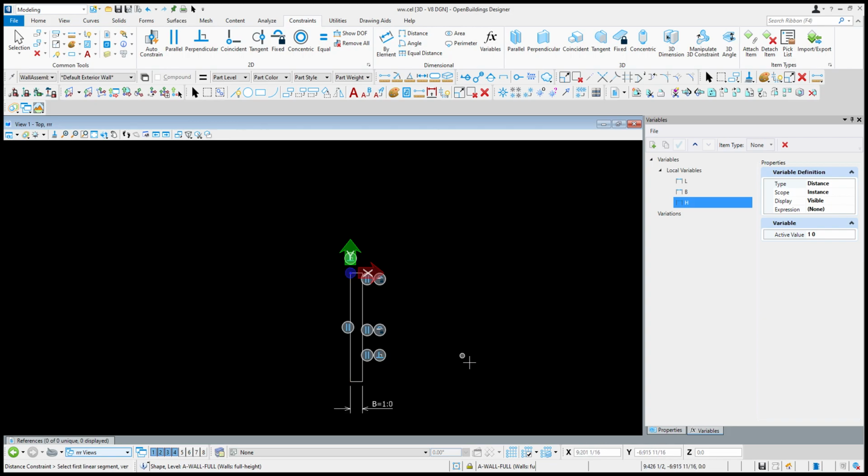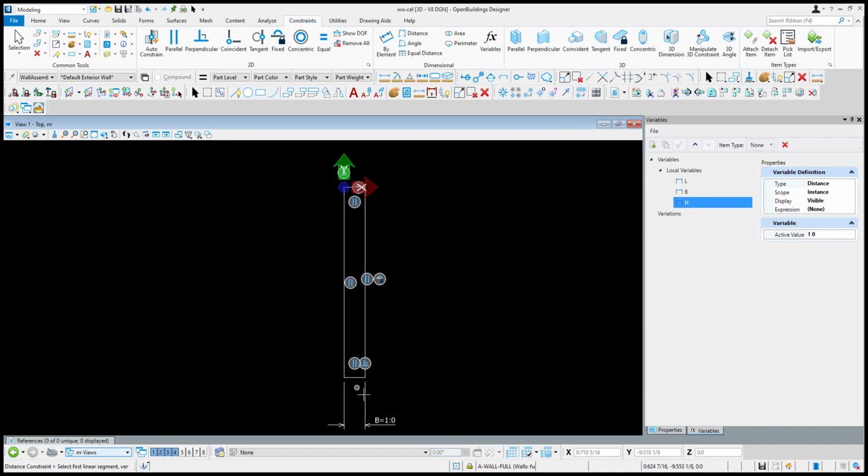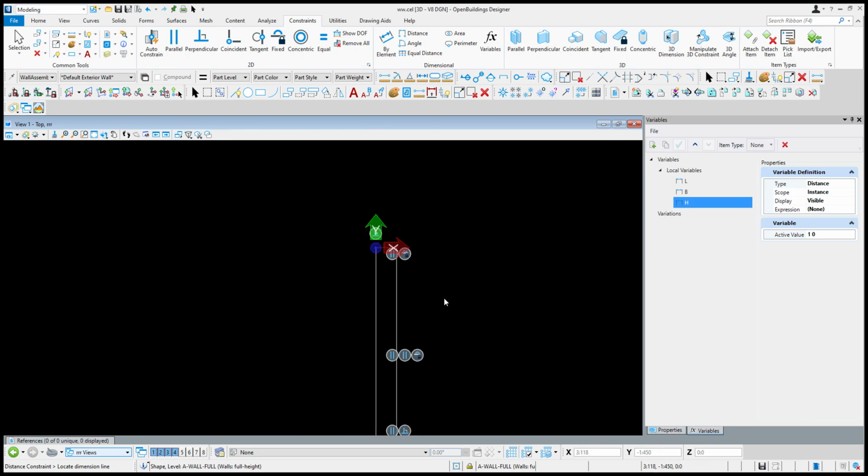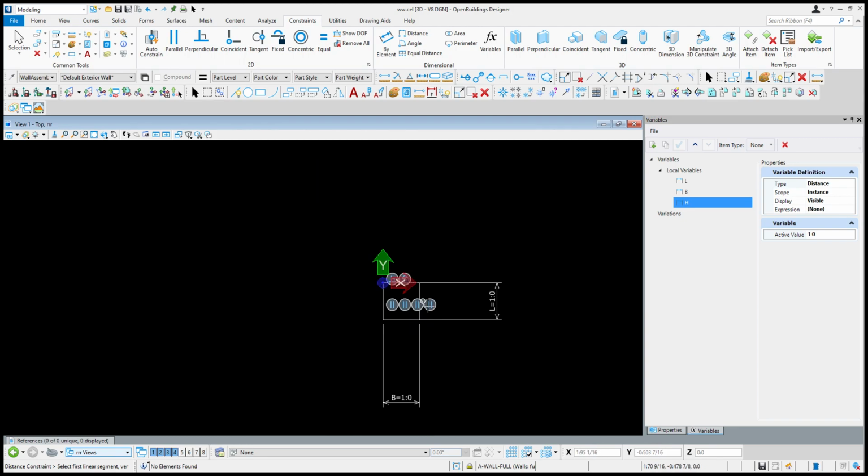Now go again to distance, this point to this point, and right click, and it should be length. So here you can see the shape has automatically converted as we required by our parametric cell.